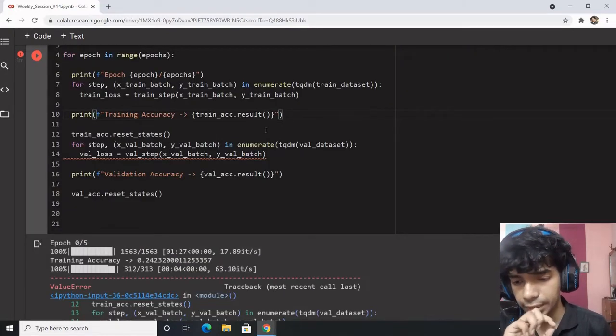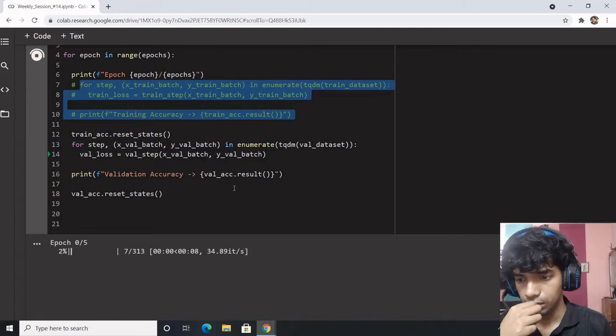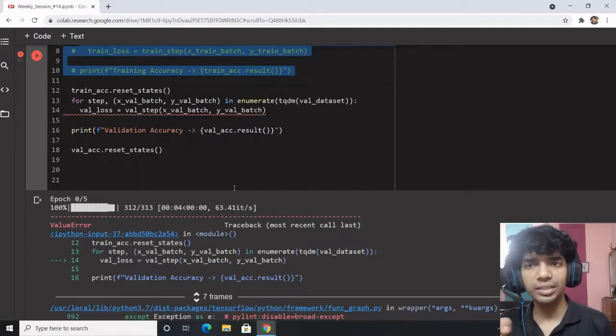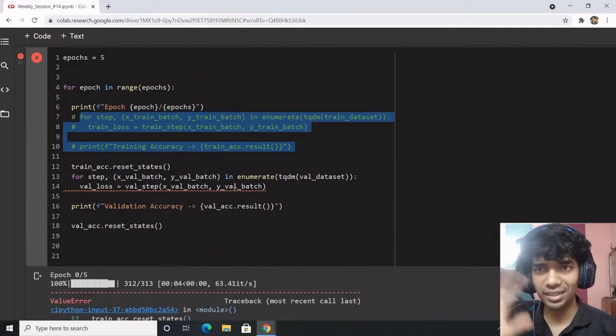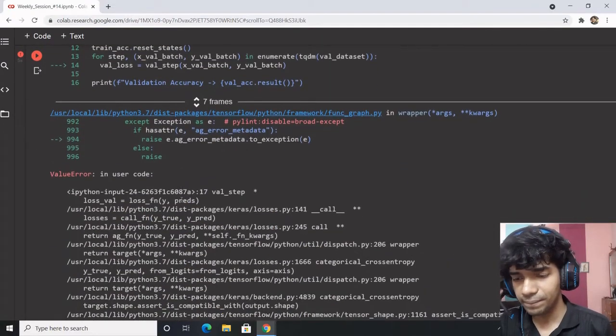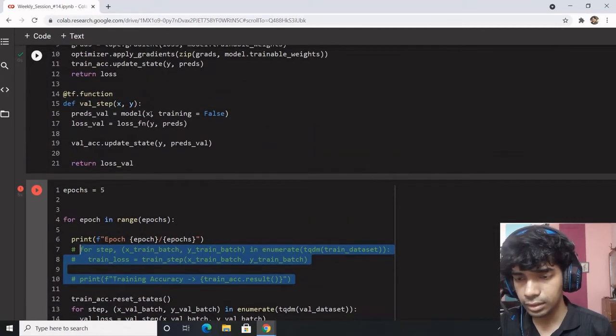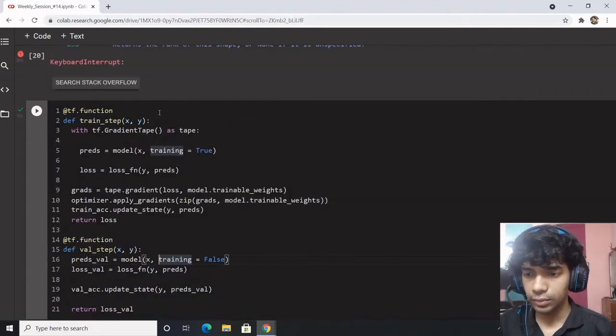So validation step completed, but we are getting an error. Why am I getting the validation error? Let's just skip it out. Can you do this in the model training? Can you skip out the entire training part and just obtain the validation? So this is quite interesting. What is happening? I do not get it.